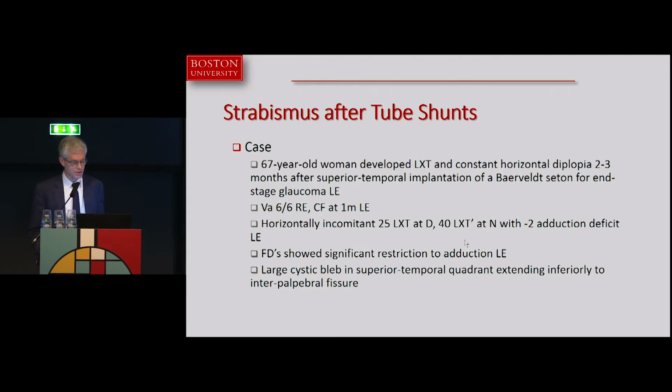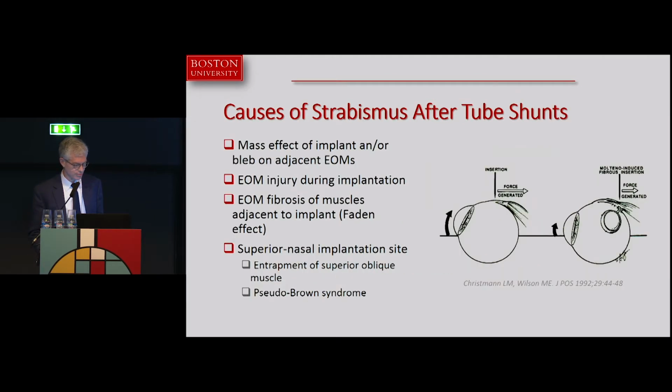Examination of the ocular surface showed that she had a large cystic bleb in the superior temporal quadrant that extended inferiorly into the interpalpebral fissure and clearly was overlying the lateral rectus muscle. So we'll get back to her and just what kinds of things happen after placement of a Baerveldt or another kind of tube shunt. Well, you can get a mass